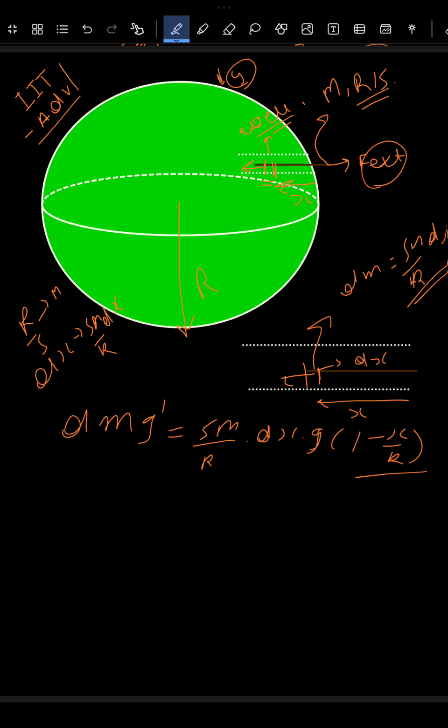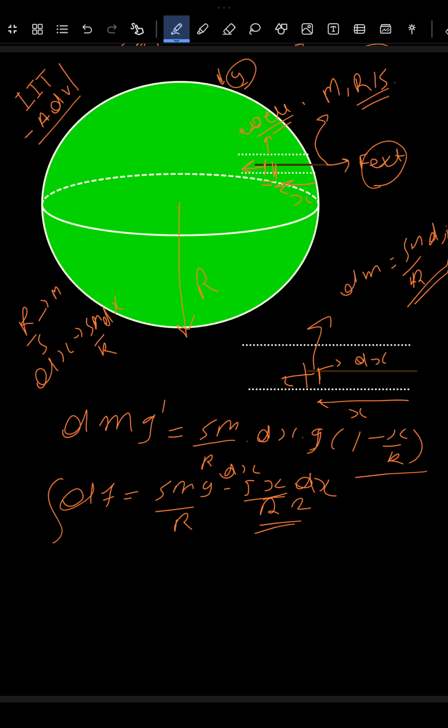So here we have this force. We can even write this force as dF, and if we further simplify this, we get this,